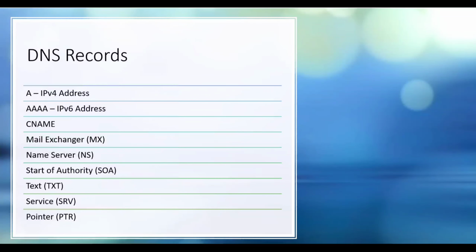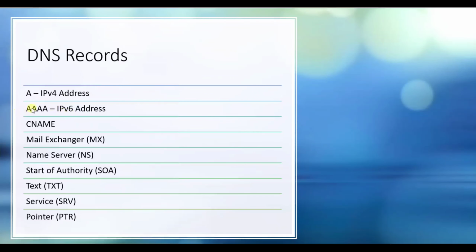So you can even see there are a lot of records, but let's start with the first, the address record. When we talk about the address record, this basically stores a host name, and it helps to translate the domain name into the IP address, and it is used for IPv4, which is your 32-bit. So you can learn more about these IP addresses.